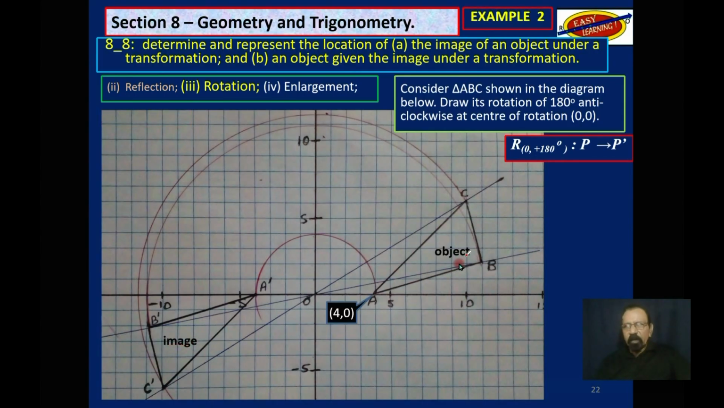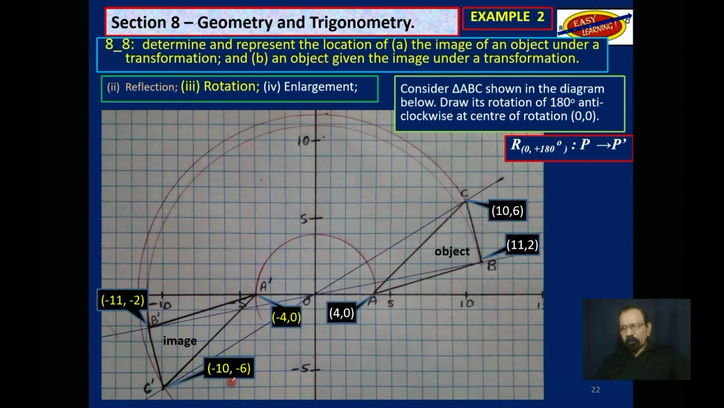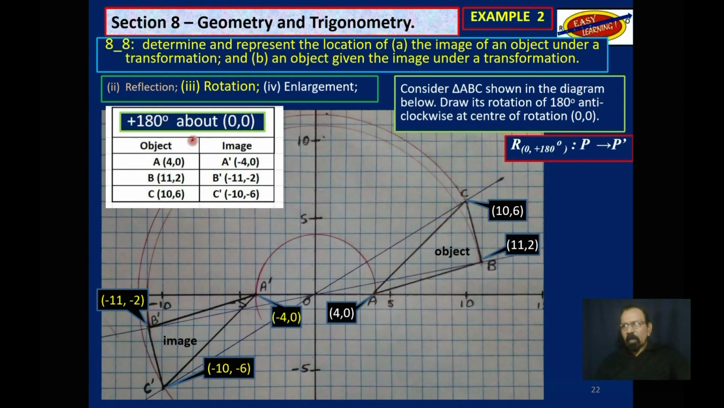In terms of calculation, if that is 4, 0, notice this one over here is negative 4, 0. And if this is 12, 2, that's B. B prime over here is negative 12, negative 2. And this C up here is 10, 6. And this C prime over here is negative 10, negative 6. So if you put that on a table, as you could see,